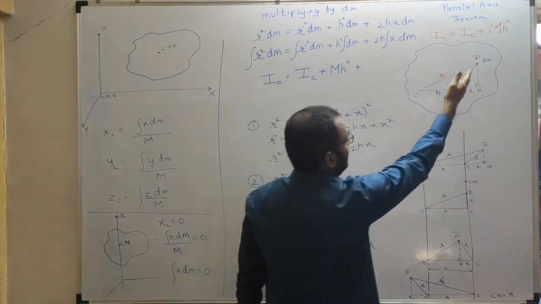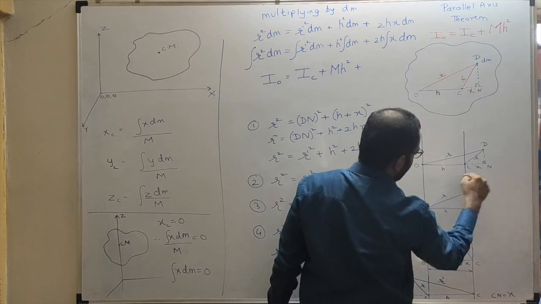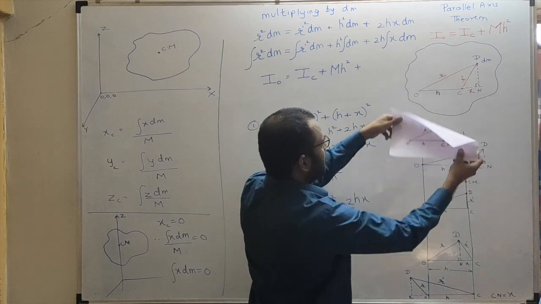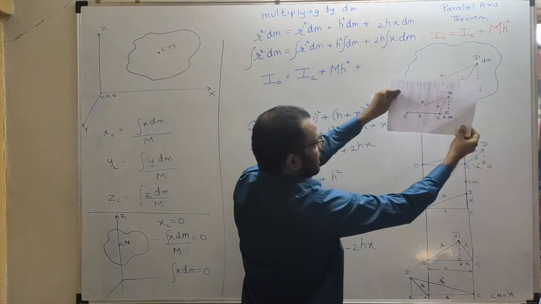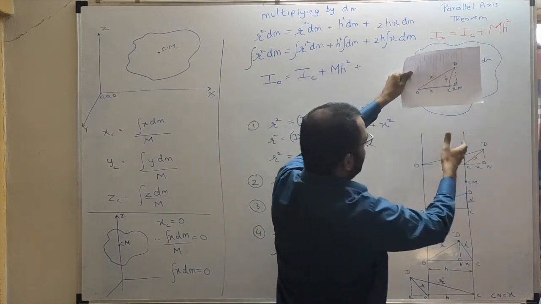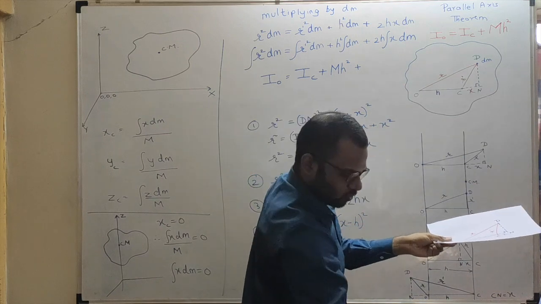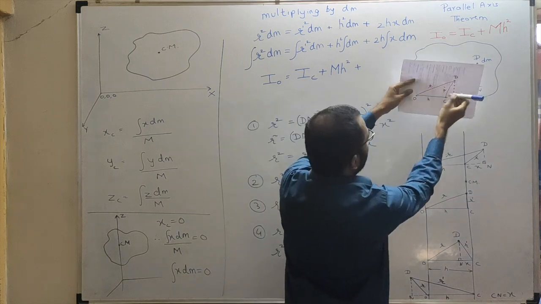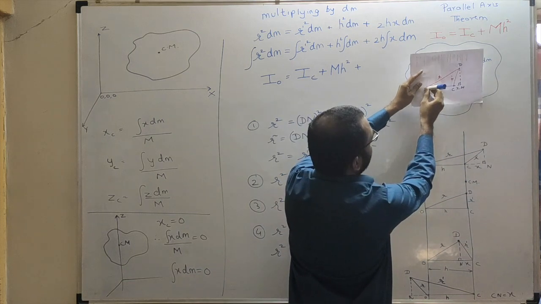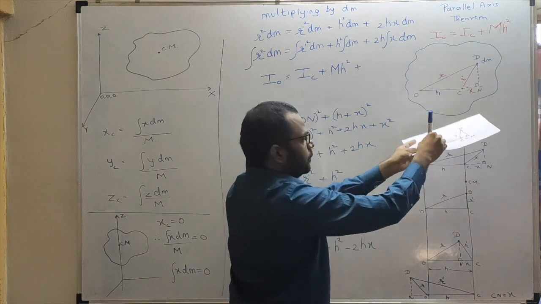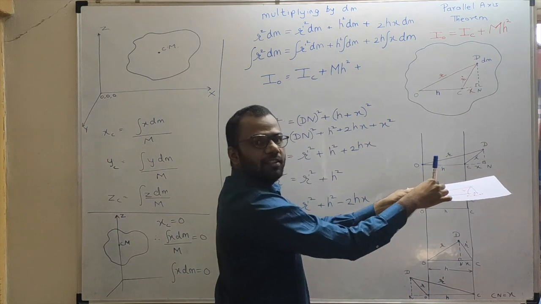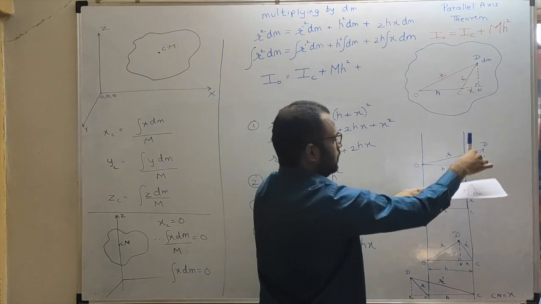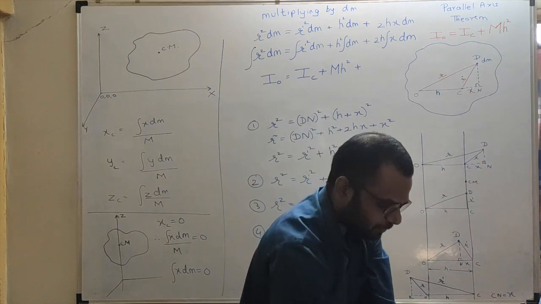Fine. And this diagram is nothing but this diagram, because this is a three-dimensional diagram now. As you can see, this was our original diagram, and when I look from this perspective, the diagram becomes like this. So this was the axis passing through O and correspondingly passing through C. And when I look from this view, the axis is seen like this. Okay, so this is the axis passing through O, this is the axis passing through the center of mass. H is the distance between them.